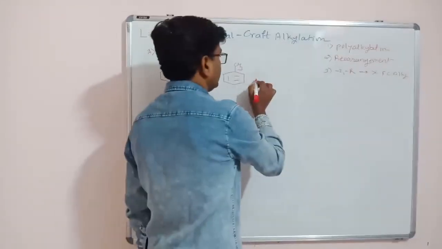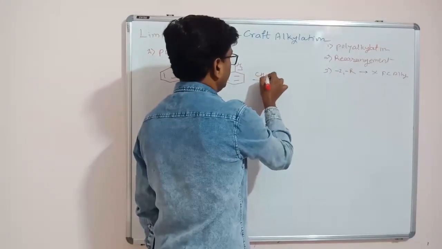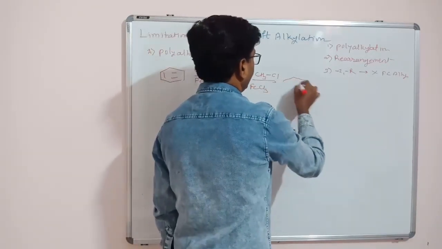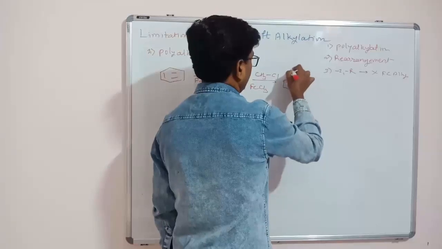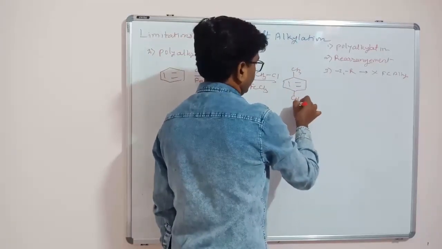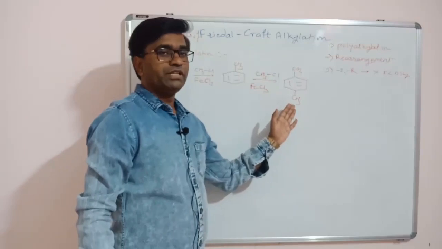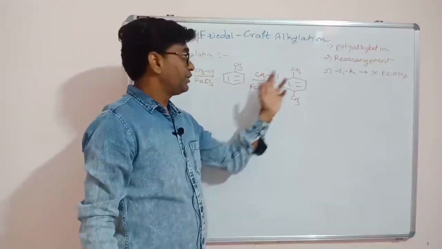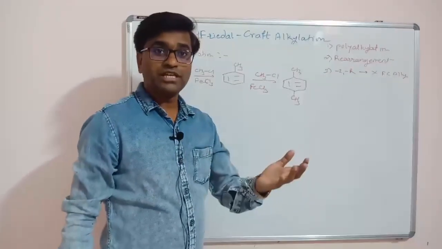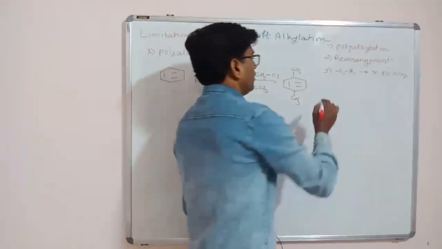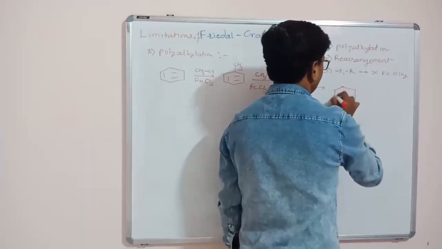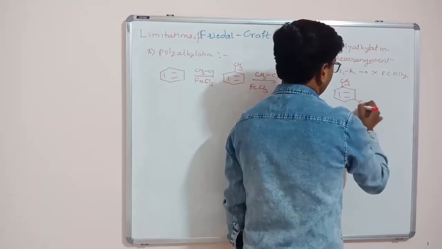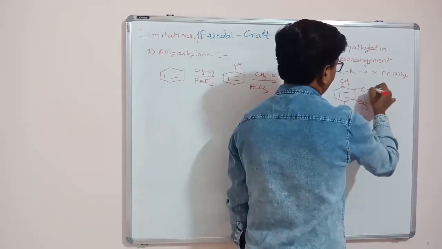So what will happen? Another alkylation reaction will occur on this toluene and we will get dimethylbenzene, with CH3 and CH3. Whatever product we get is more reactive, more active than the first toluene also, because it has two methyl groups, two plus I effects, more hyperconjugation effect. So there will be products like polymethylation. So we will get this product or so on.